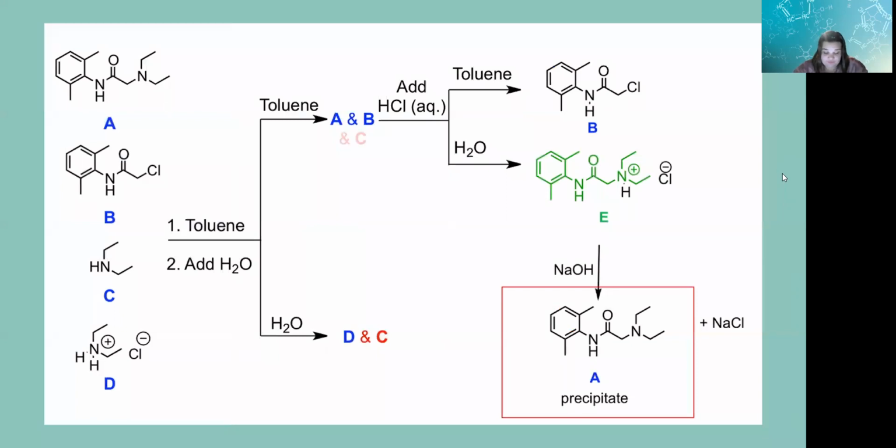So here we have toluene and water. In your toluene layer, you're going to have these guys as well as a little bit of C. C also kind of goes into the water layer, and the protonated form of it will also go into the water layer, or the aqueous layer. Then you add HCl. The purpose of the HCl is to then have